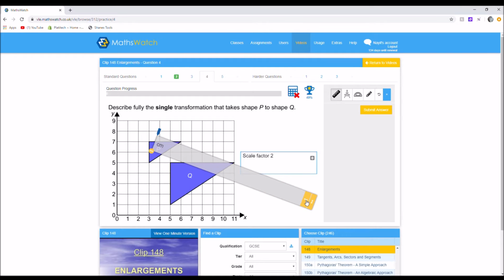So I want to just a little bit more. So you have to be really precise with this. There we go. So now that we have that point, we're going to draw a line through them. So then you want to do the same for these 2 points here at the bottom. You want to join them up just a little bit more like that, maybe a little bit more like that. That seems good enough. So you want to extend your ruler